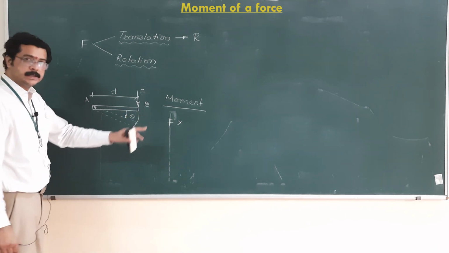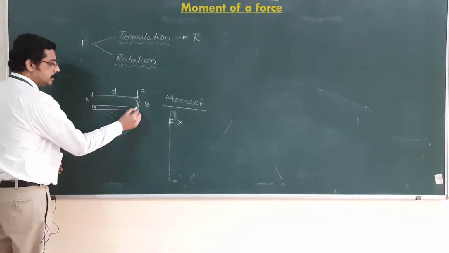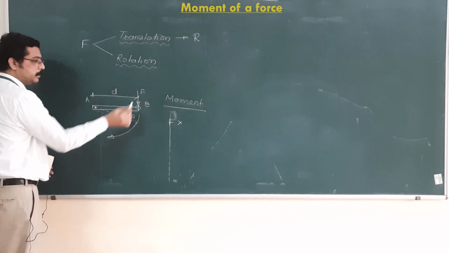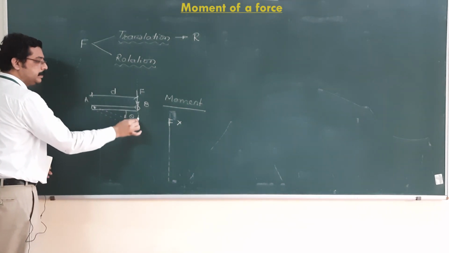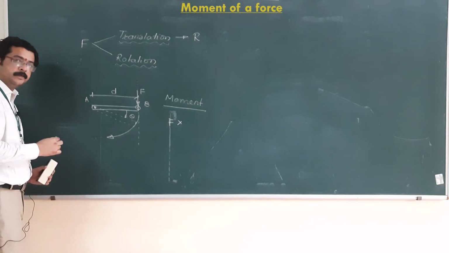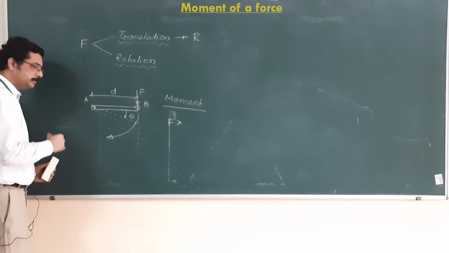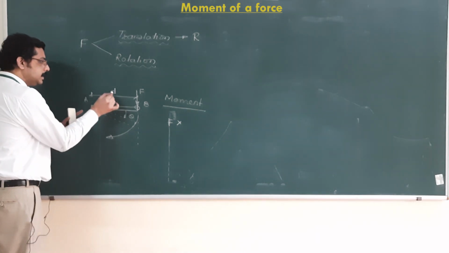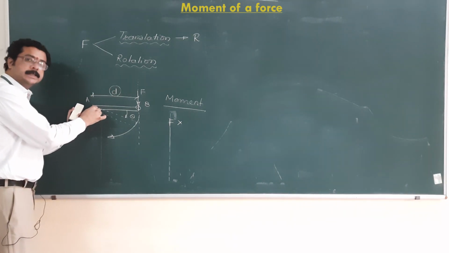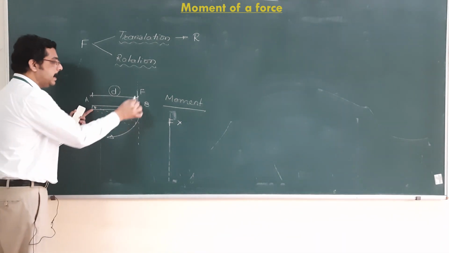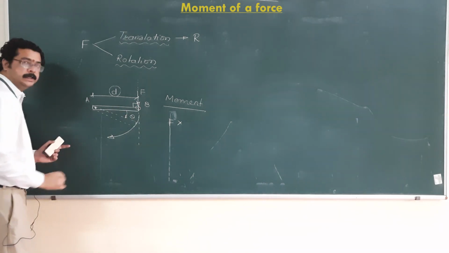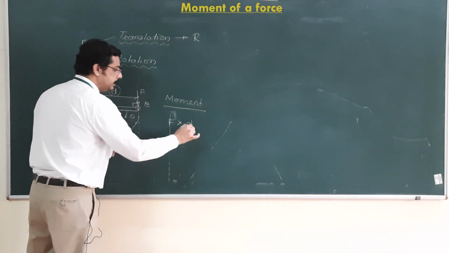So this perpendicular distance will be between which 2 points? Here we can see point B is the point of application of this force. Okay, so line of action of this force will be this. This is point A, which is pinned in the wall, which cannot move but allows only rotation. Hence, here we can say this perpendicular distance D is between point A, the center about which rotation is taking place, and line of action of force F. Okay, so this is 90 degree. Hence, F multiplied by D.